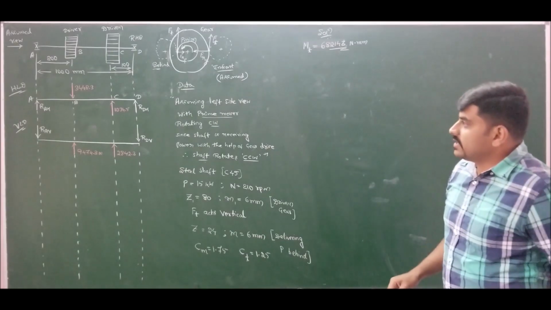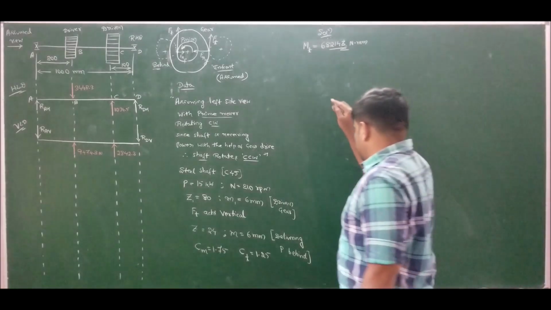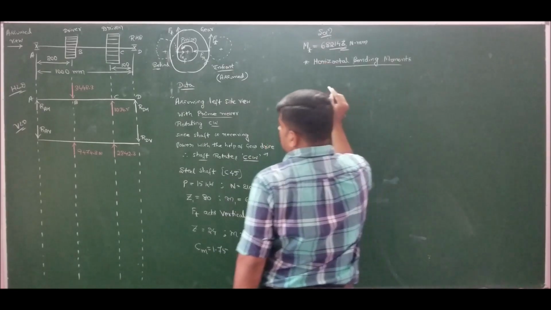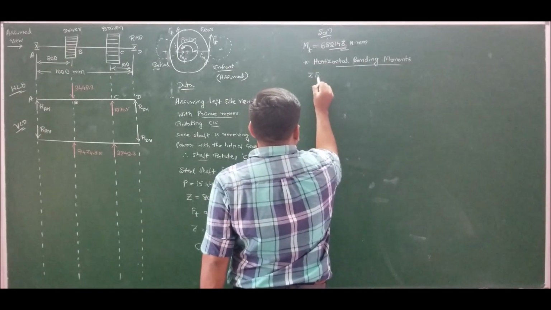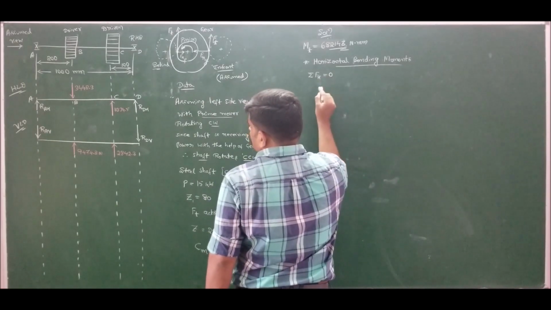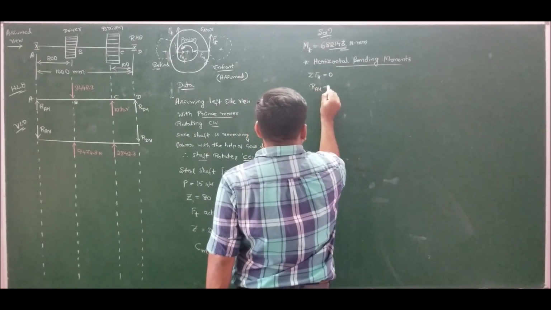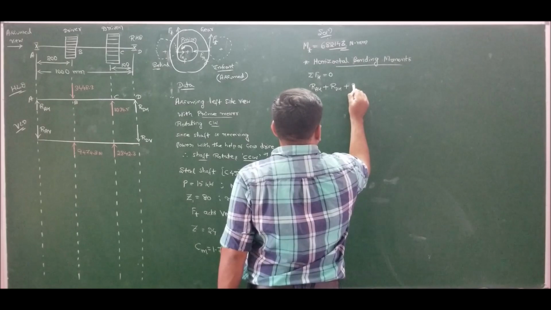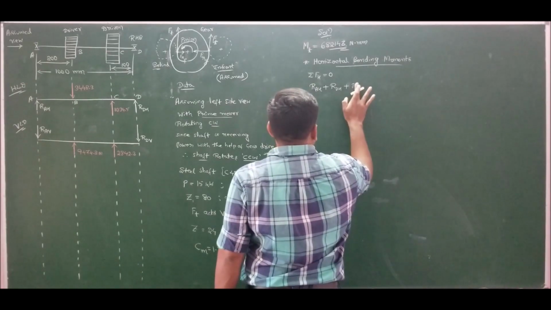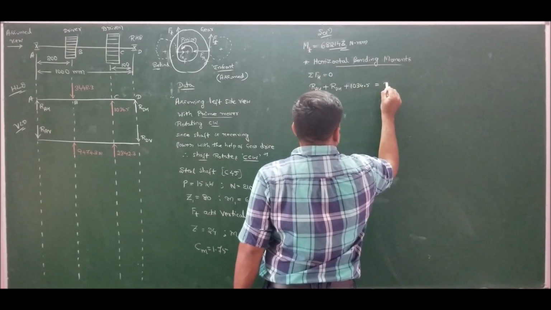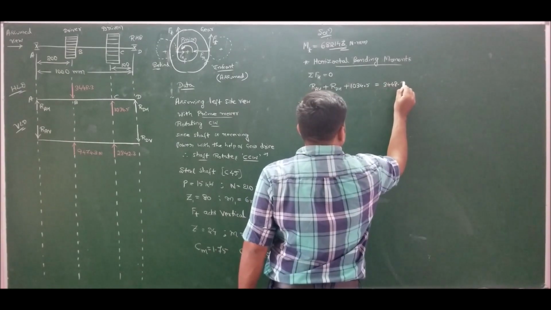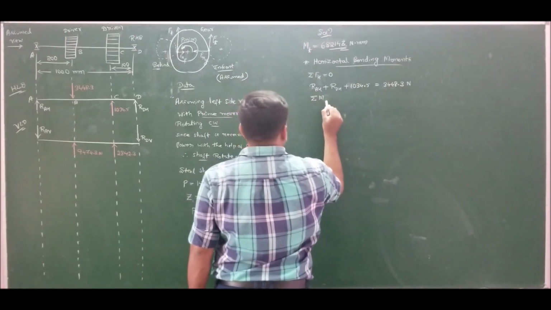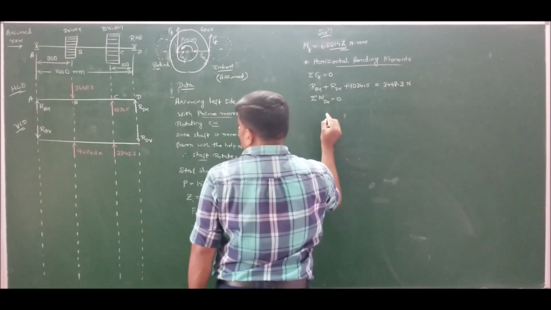Now moving ahead for horizontal and vertical bending moments. First, let us consider the horizontal bending moment. If we take summation of force on the horizontal load diagram as 0, I will get RA horizontal plus RD horizontal plus 1034.5 is equal to 3448.3 newtons, and moment about right support as 0, I will get